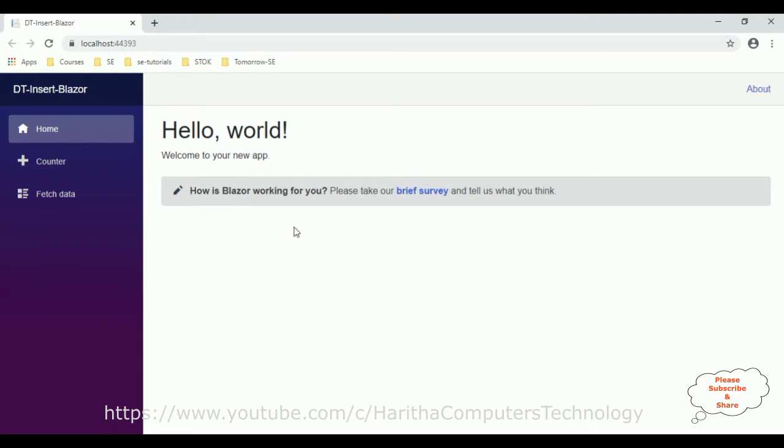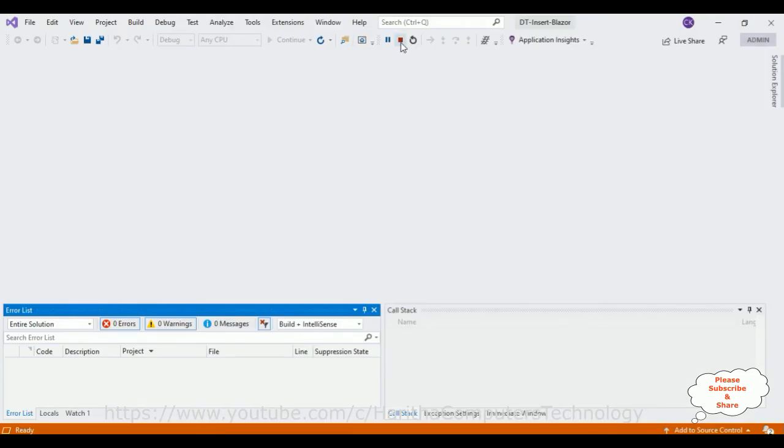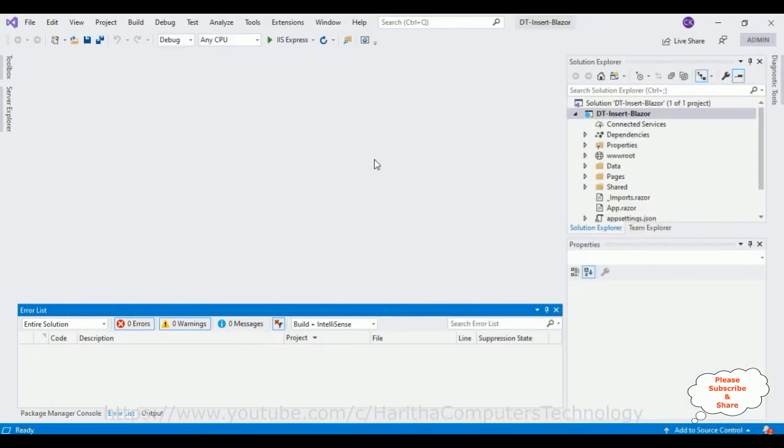Now my aim is to create one new navigation link here, and when a user clicks that navigation link, it will open a new razor component. In that razor component, I will add some employee details to insert records. So let's do that one first. Switch over to the coding part. Let's stop debugging. Now here in our application, first when we want to communicate with any database, we require the